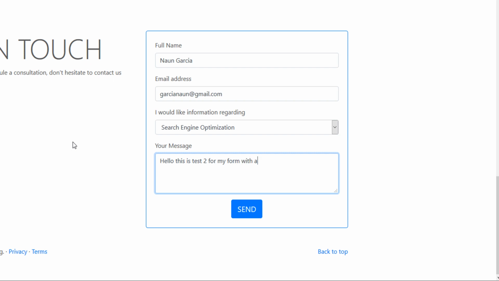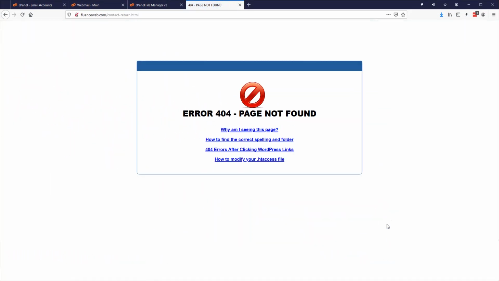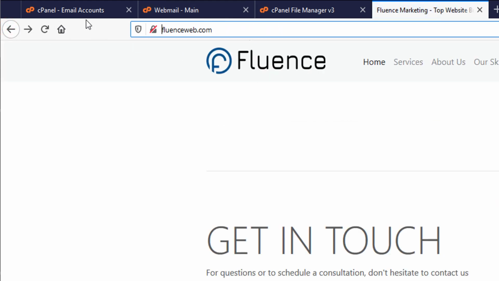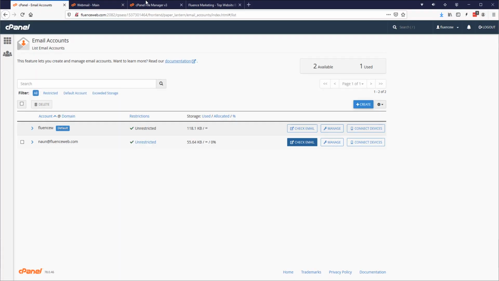with a forwarder. So I send the message, and error 404, page not found. Now, if you guys notice and look at the URL, Fluent will have contact return.html not found. That's because we still have not created that page, but the idea is that when a user submits that form, they get sent to a nicer page on my website, not just a simple message. So I'm going to go back. Now the form's still emailed out, they just weren't referred to